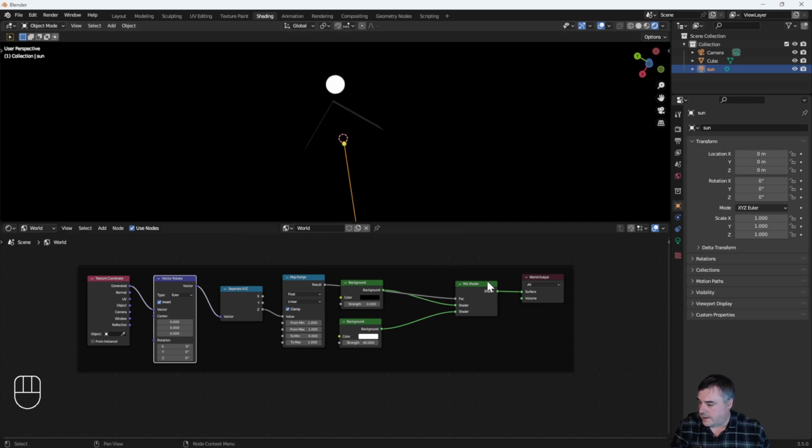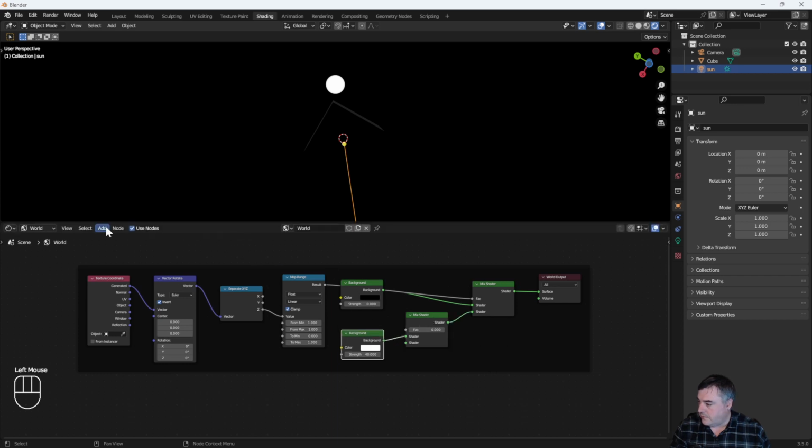We can also add an extra mixture shader in here to change the reflection properties of the sun so that it doesn't interfere with other things. This is especially important in Eevee, where everything's a bit of a hack anyway. However, it can also be used in Cycles. Because I don't want my strength of 40 to be reflected off any objects in the scene, I'm actually going to go in and